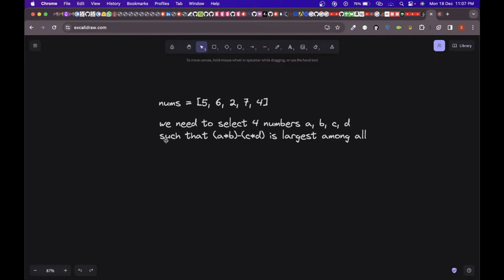And we need to select four numbers A, B, C, D such that A into B minus C into D is the largest among all the elements in an array, and we need to return the value of this equation, A into B minus C into D. So how we can do this question is, first of all, we can sort our array in ascending order, and then at first we can just do a product of